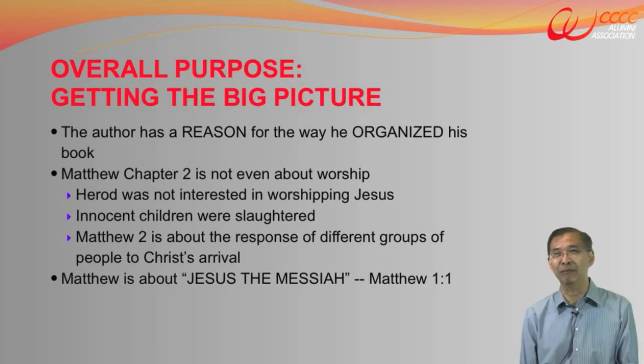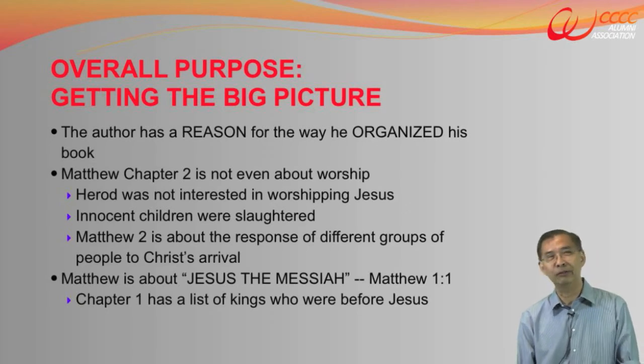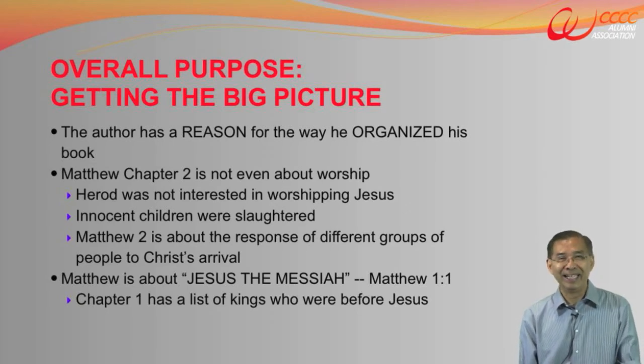Well, chapter 1 is a whole list of things. But if you look at what is the whole list of things, you will find out that it is a list of the kings who were before Jesus. Now, people say, well, how do I know they're kings? Please, you have Google today. Check out those names in Google. You have no excuse. Well, of course, you have the Bible. Wow, it's too hard to find those names. Well, check it out. You will find out it's a list of kings. These are the ancestors to Jesus.